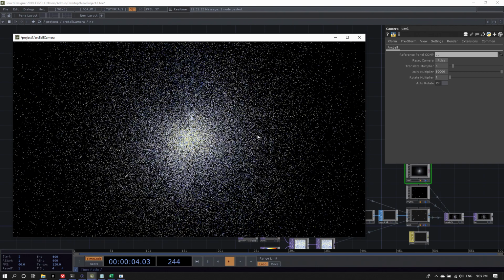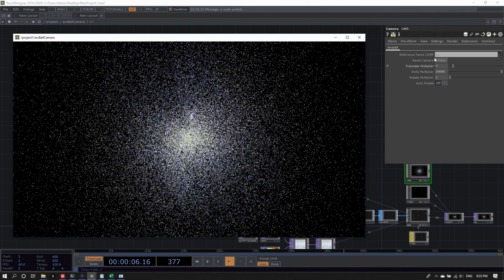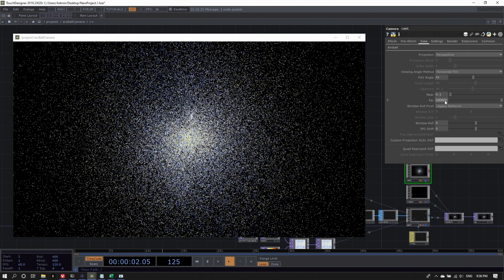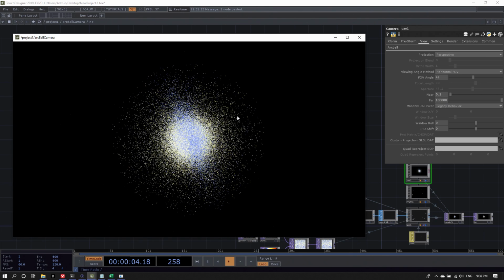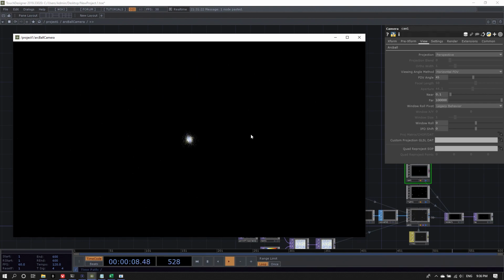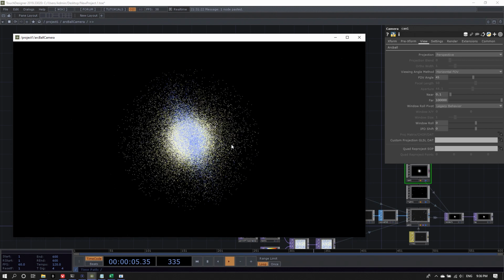Now you also see that the stars are disappearing. This is a function of the clipping planes of the camera. Currently it's set to a clipping plane on the view page of a near plane 0.1 and far 1000. And let's just change this to, I don't know, 1,000,000 or something. And here we can go outside the whole thing, and back in quite quickly.